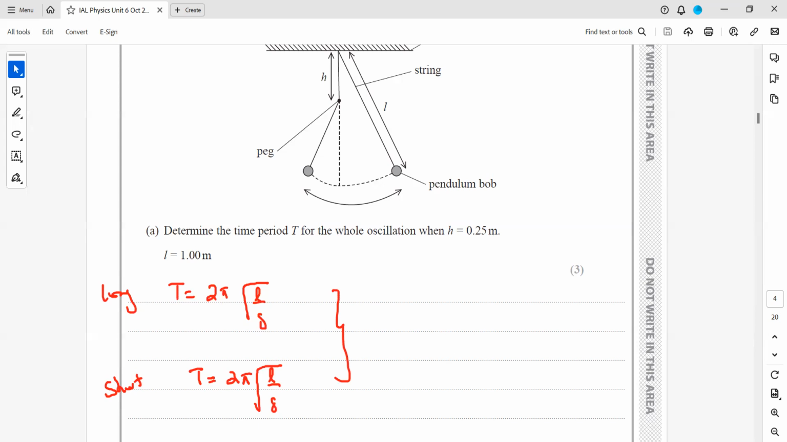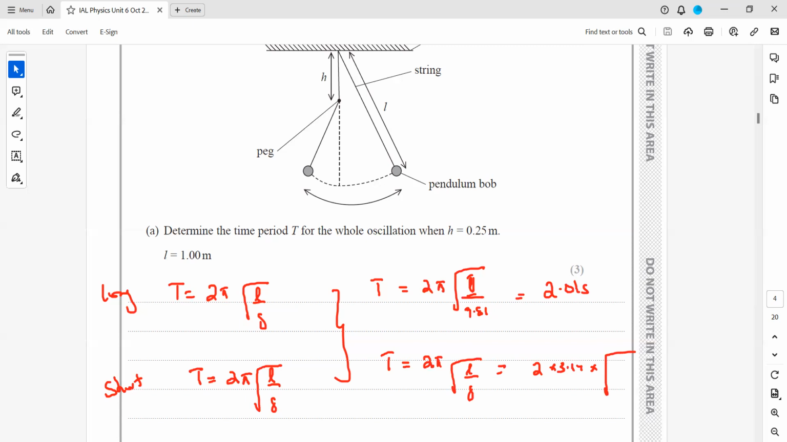So when we substitute the values, the first one will be 2 pi under root, the length is 1 meter and the acceleration due to gravity is 9.8. So when we substitute these values, under root 1 divided by 9.8 into 2 into 3.14, this will give us 2.01 seconds. For a shorter pendulum, we'll also use the same. So 2 pi under root L divided by g. So it will be 2 into 3.14 into under root,